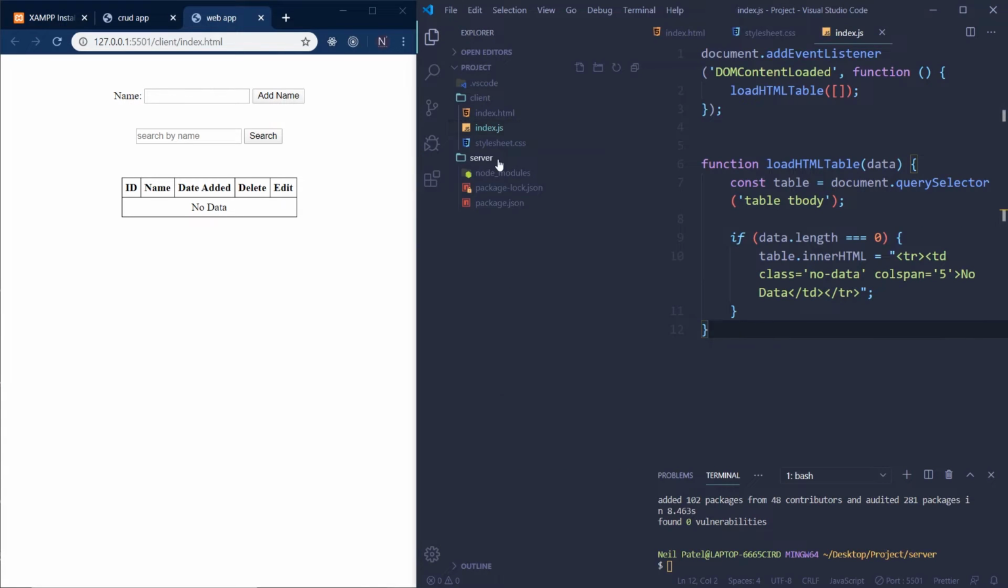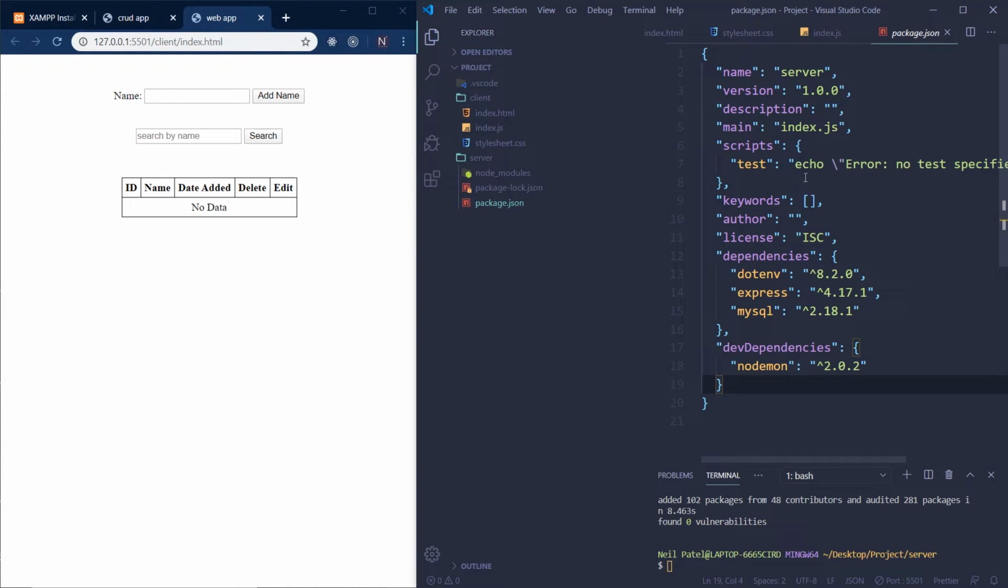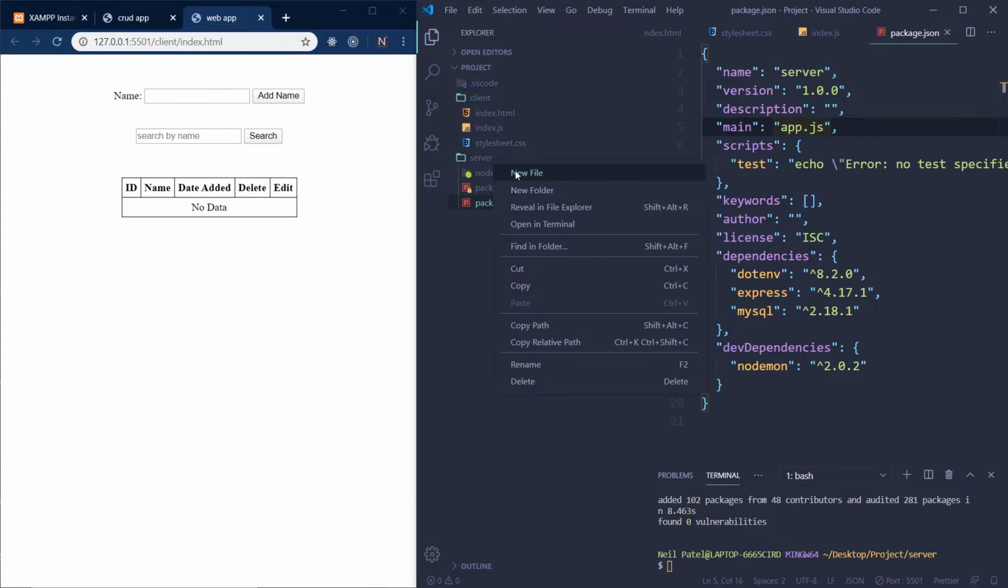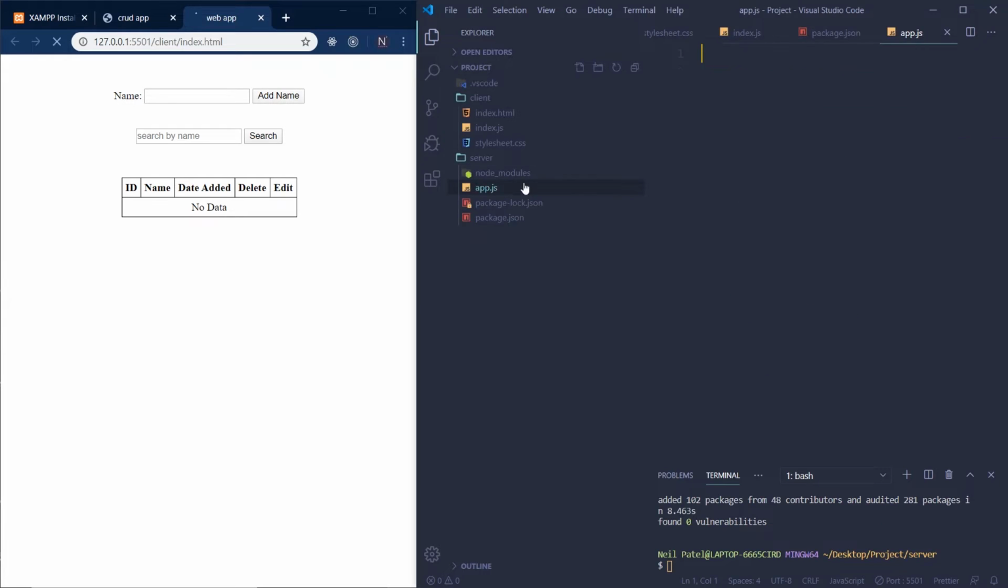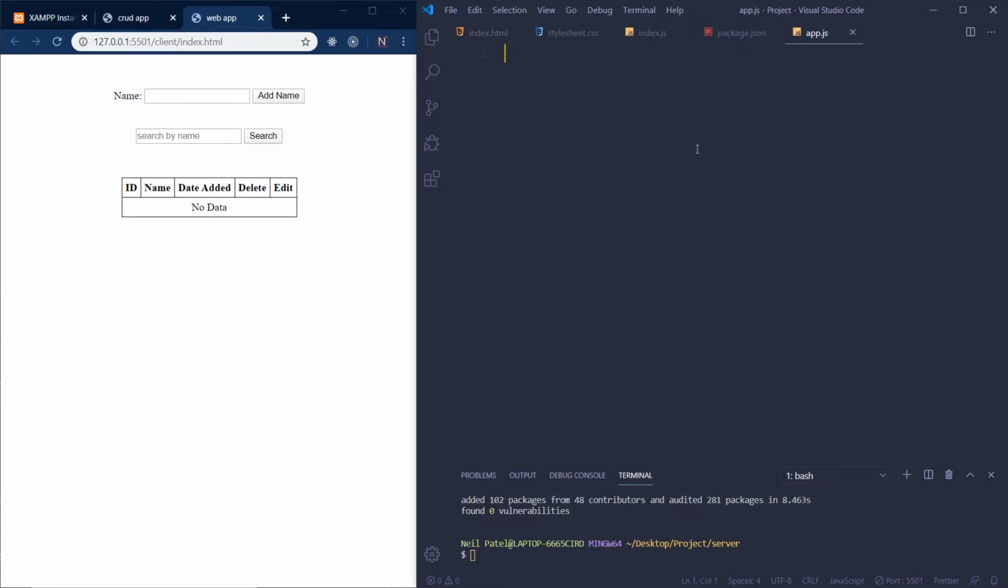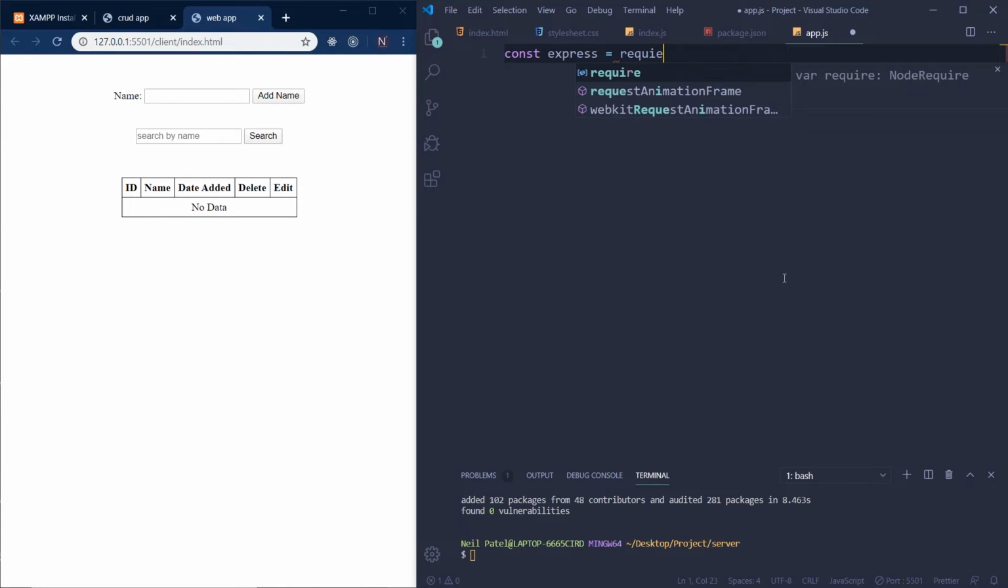And we will need, so in our package.json, we have a starting point script here. I'm going to change this to app.js so we don't get confused with our client-side index.js when we have it open. So now I'm going to create a new file and say app.js. Okay, in our app.js, we're going to require some modules here. So we're going to get express, say express is equal to require